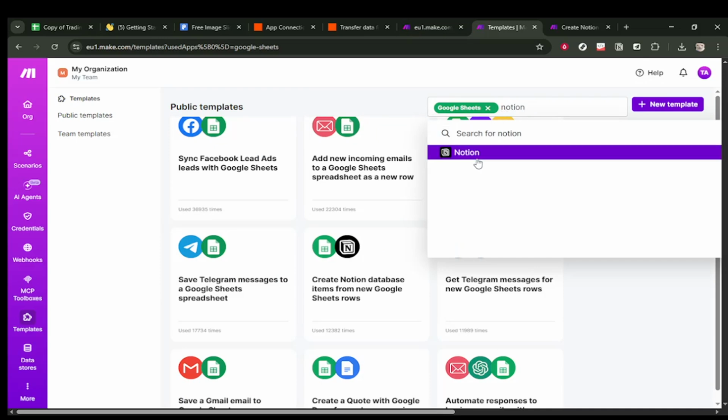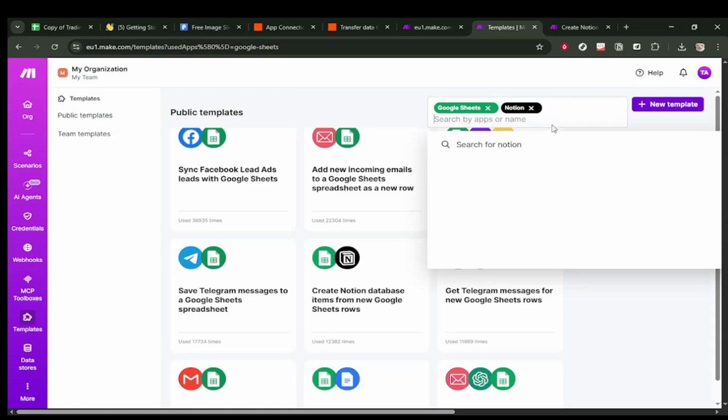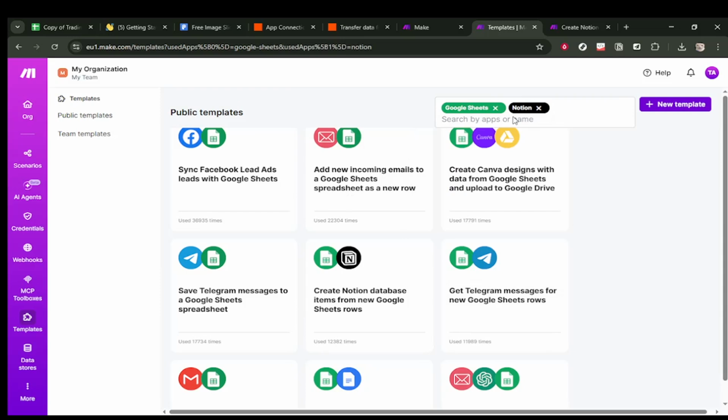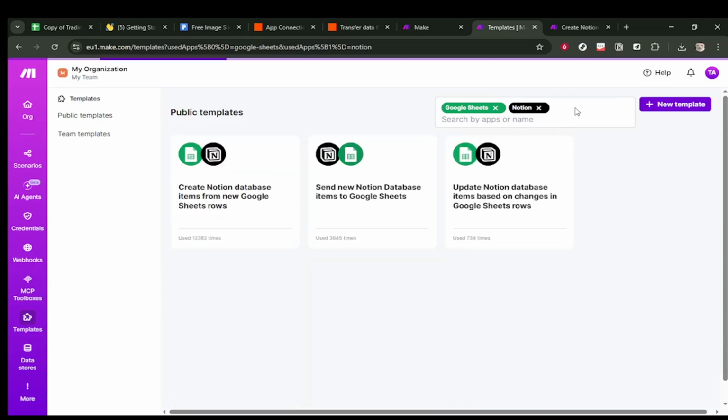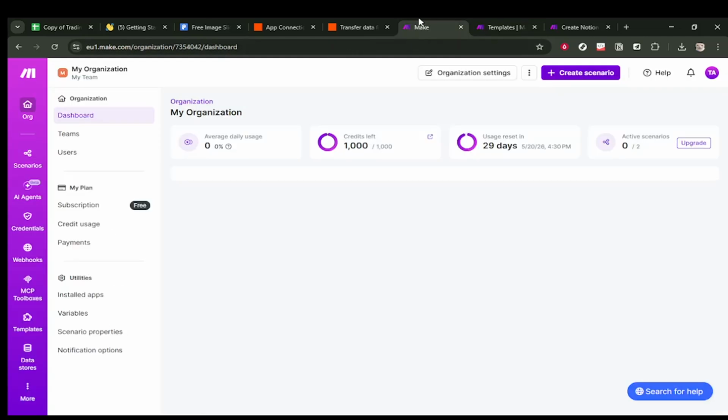Next, click into the main search field on the Templates page. Type your search term so you can find a template related to bulk adding rows. As you type, Make will update the results to match what you entered. Then click the search prompt that appears for bulk add rows, so the platform applies your query and shows the